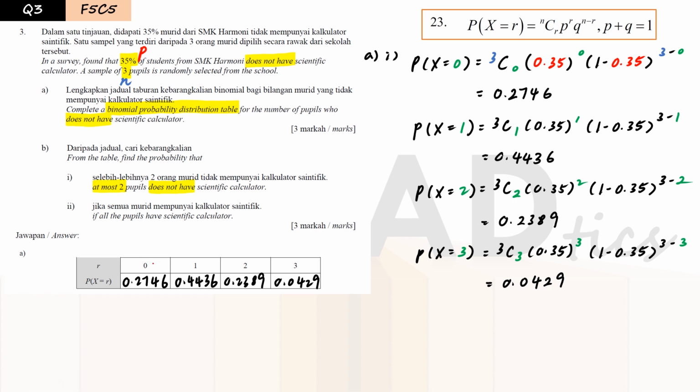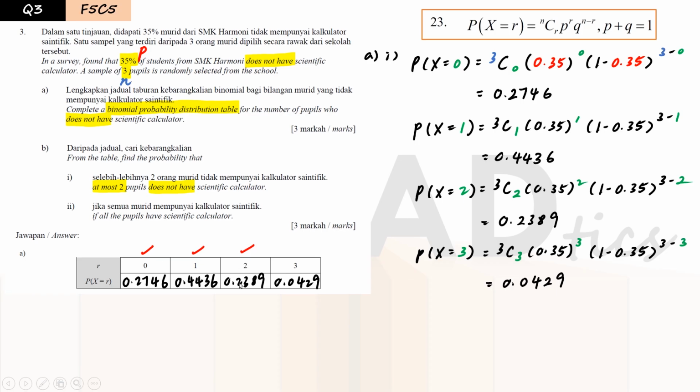Right, so this one is very simple. It's just 0, 1, and 2. Right, these 3. So if we want to find the probability, we can just add up these 3 probabilities together. Right, but there's another way in the answer scheme, which is instead of adding up these 3 probabilities, what